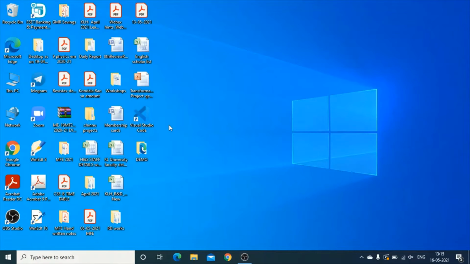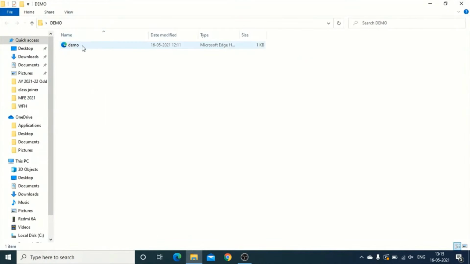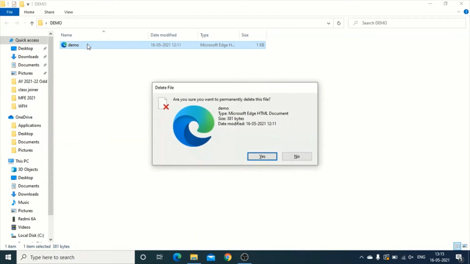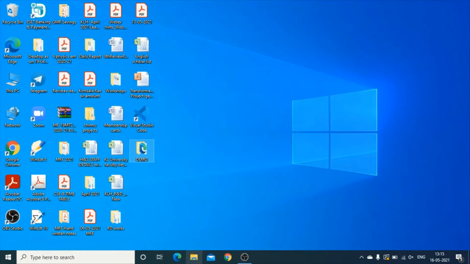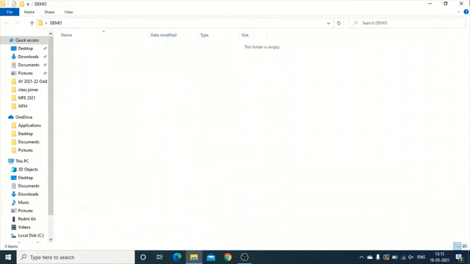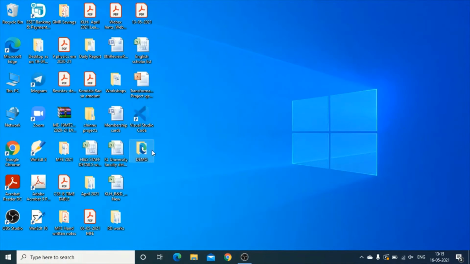So first you need to create a folder like this in which you will have a file. So I'll just delete this file, shift delete, enter, okay? So you need to create a folder like this and name it as you wish.